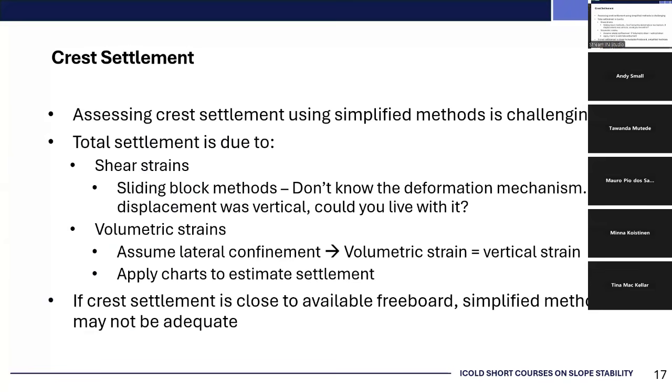But we need to understand that this is giving some indication of deformations, which isn't necessarily just crest settlement. And then extending these deformations to crest settlement is a bit of a challenge. And we need to look closer at the sliding block mechanisms. It's not clear how